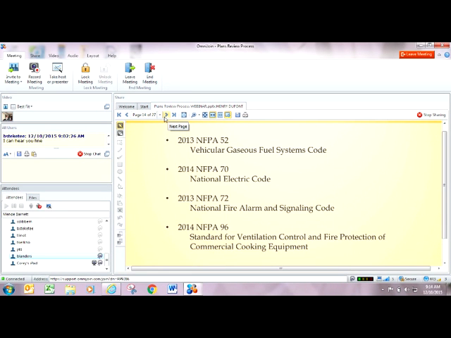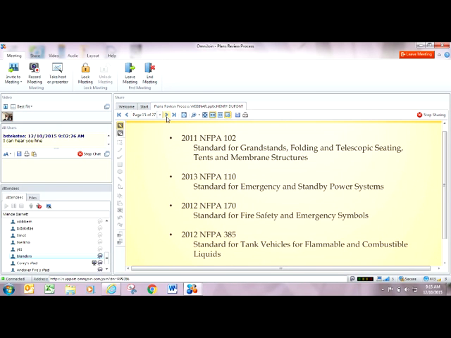On natural gas fueling stations and so forth. There are several of those out and about now and more in the design process. So this code is what we will use for review on that. 2014 National Electric Code NFPA 70, 2013 NFPA 72, 2014 NFPA 96,